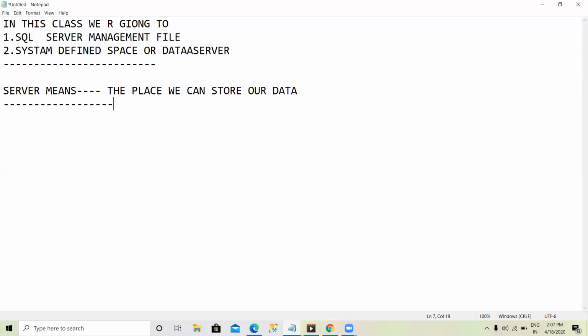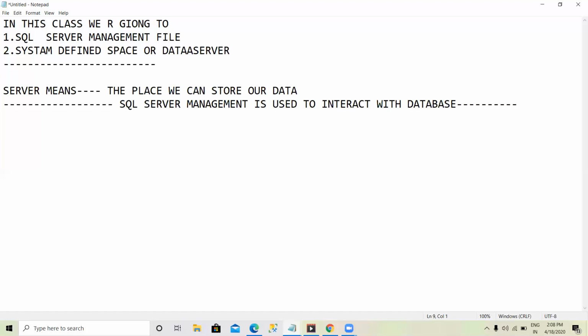SQL Server Management is used to interact with the database. Okay.